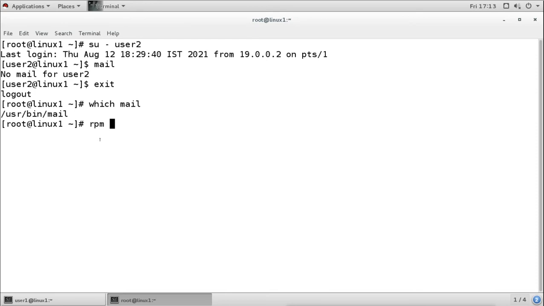I will use rpm -qf and then mention the command path, and we can see it is under bin, so any user can run this command, and this command is part of the package mailx. So when we install the mailx package, it gives you this mail client. It is not a mail server package, it is a mail client which is used to send and check the mails.